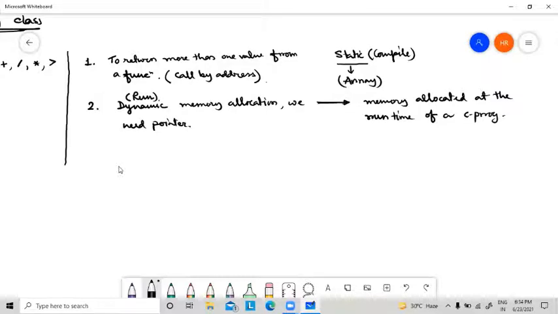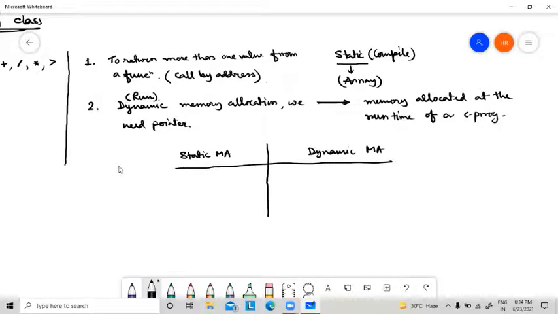Now there is another very interesting difference between static memory allocation and dynamic memory allocation. If you know, then better. If you don't know, then that is also fine. Static memory allocation means the memory will be allocated at stack.